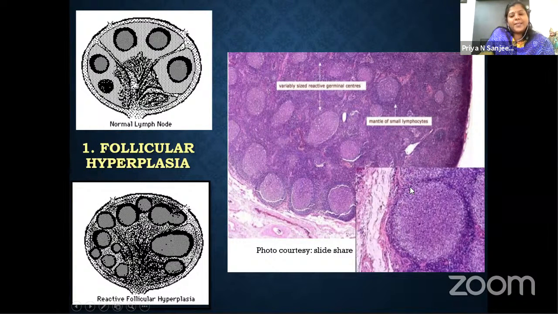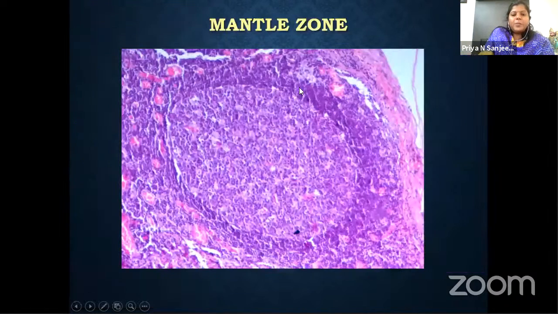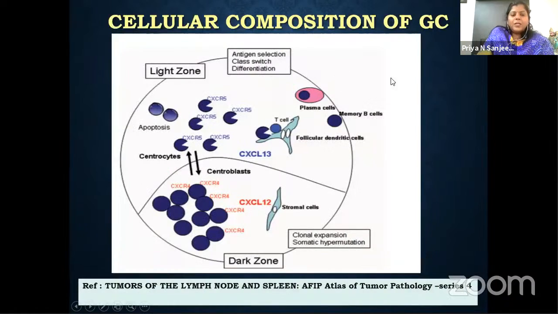How does the secondary lymphoid follicle appear? It has a pale germinal center in the center, and you have a mantle zone at the periphery. Here you can see the variable sized germinal center in a secondary lymphoid follicle with a prominent mantle zone. The mantle zone is crescent shape. It is thicker near the capsule and thinner near the medullary area. We have already learned a little bit about the germinal center.